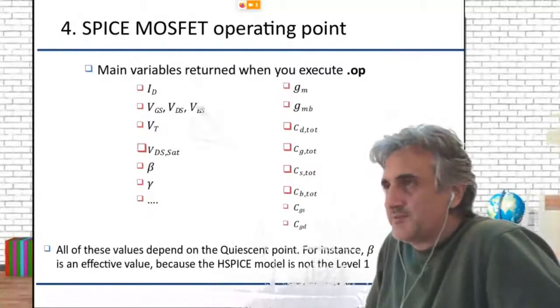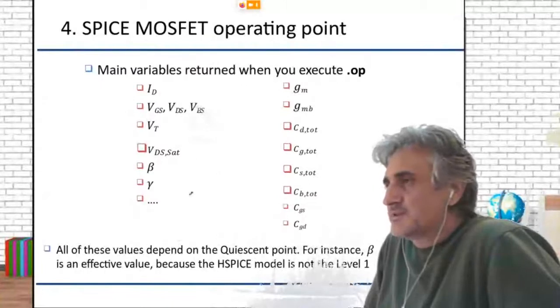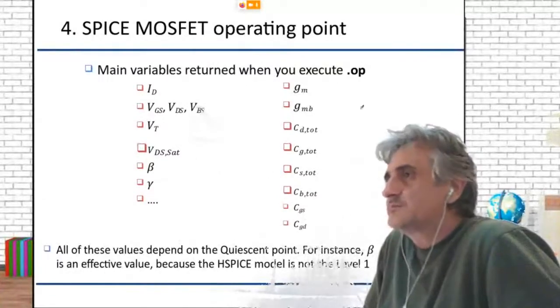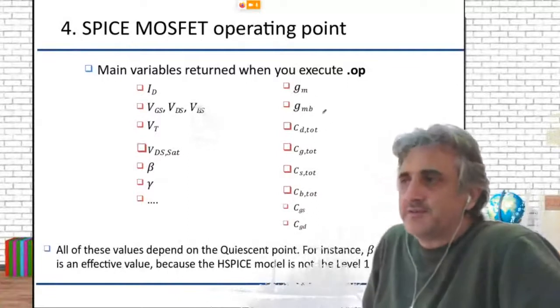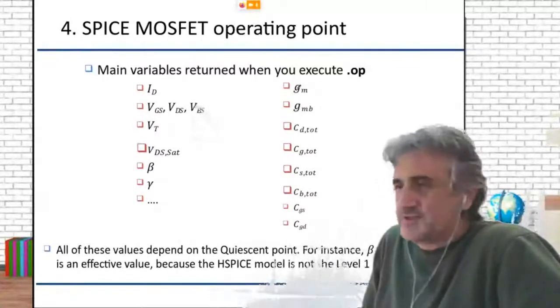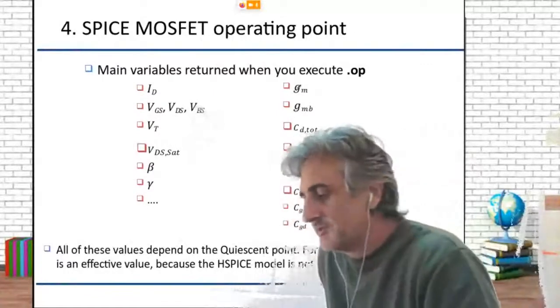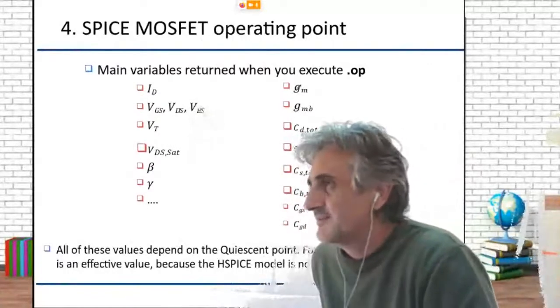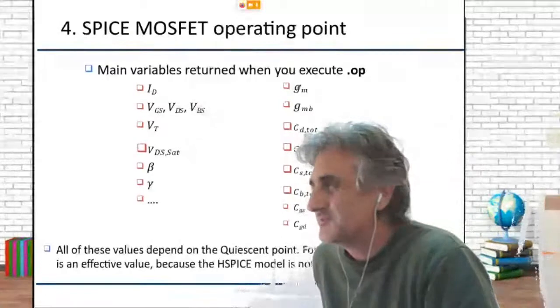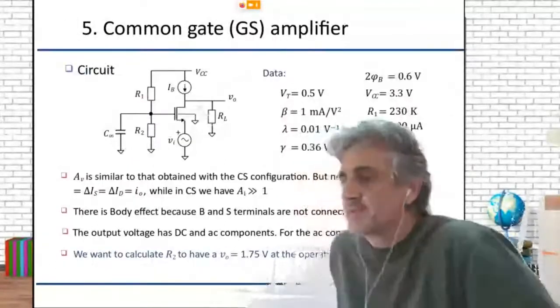Okay, so when you ask for the operation point, the .op, SPICE will return everything you need, not only the quiescent point, but also all the different things for the small signal model. This is important when you want to debug your circuit. Okay, so,